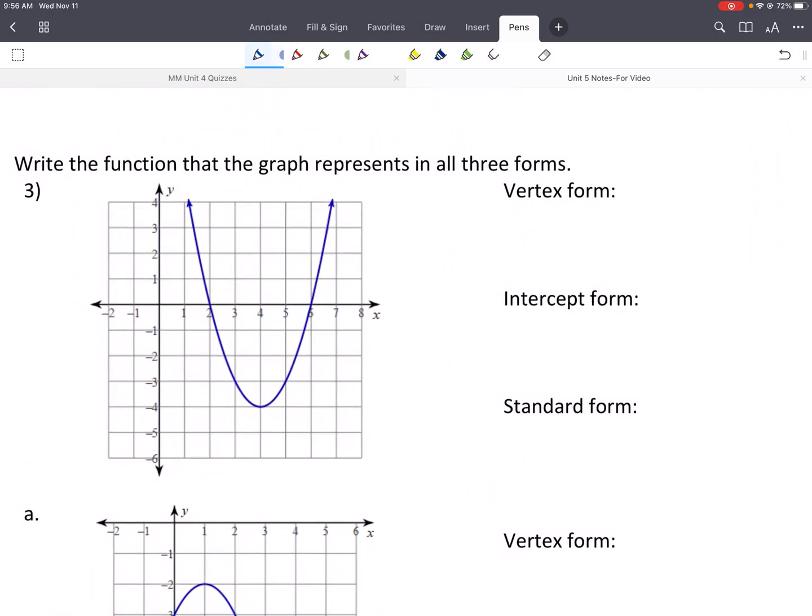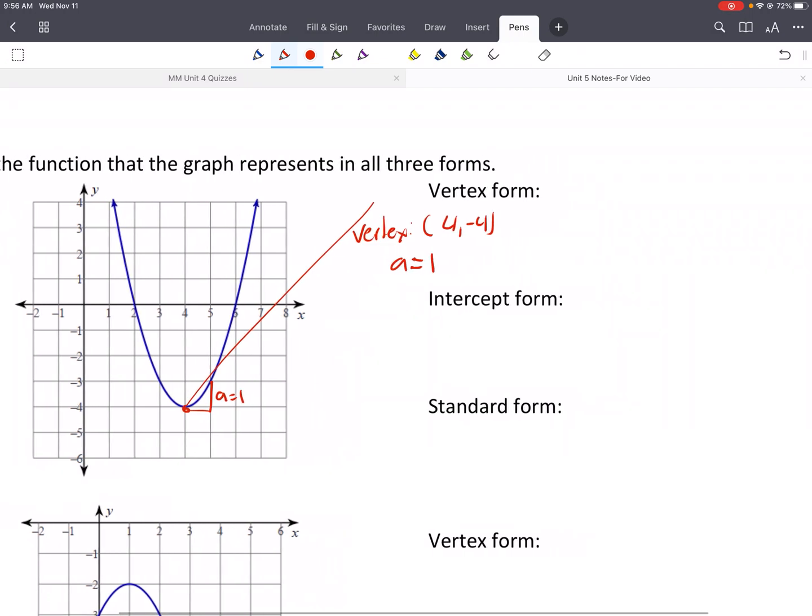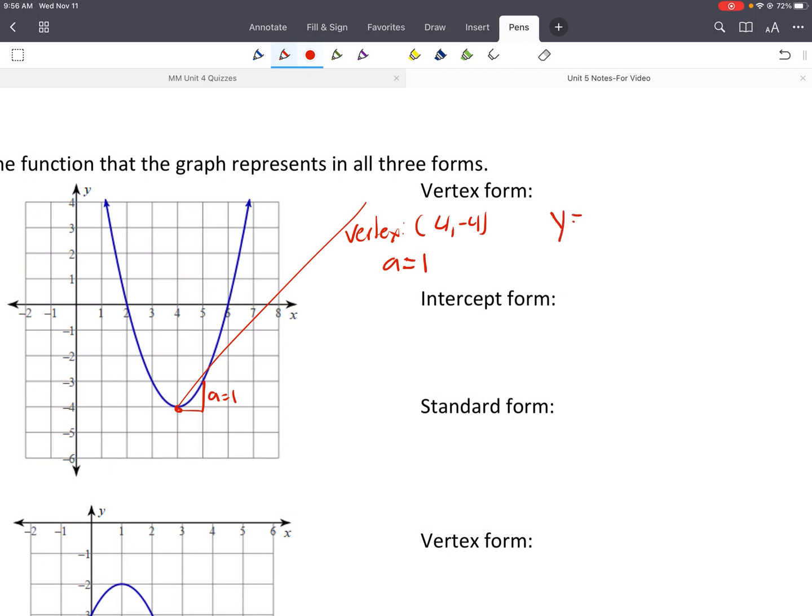All right, so here, let's give this one a try. Vertex form. Again, we need to find the vertex. Maybe I'll do a different color. So the vertex here would be 4, negative 4, and the a value here would go over 1, up 1. So that means that a must be 1. And we'd write our vertex form. So y equals a, we could write 1, or when we multiply, you don't really need to have the 1 anymore. So you could just do x minus h, so x minus 4 squared plus k,